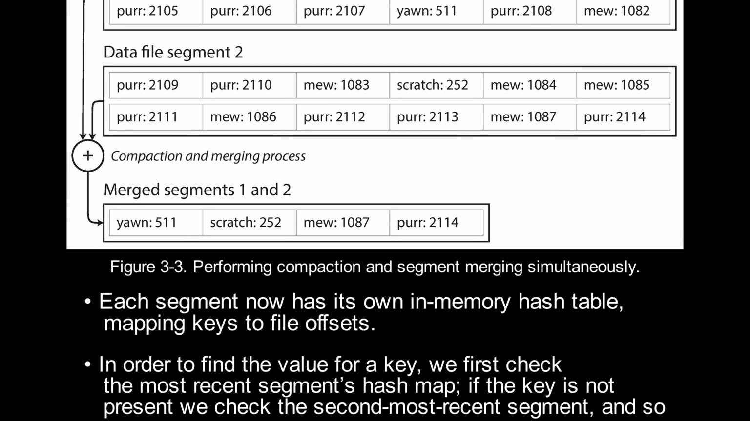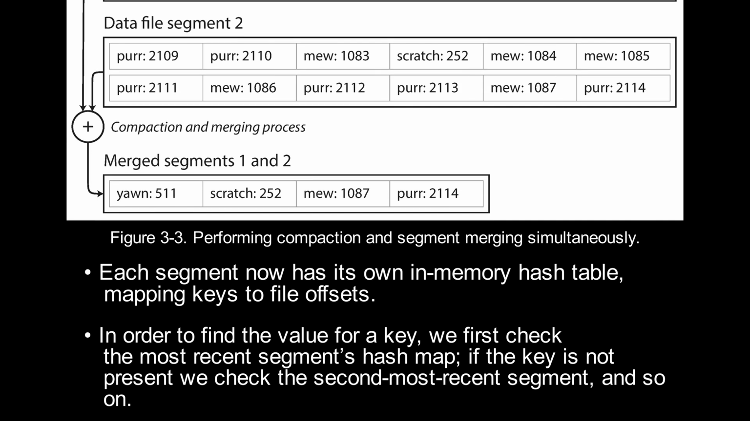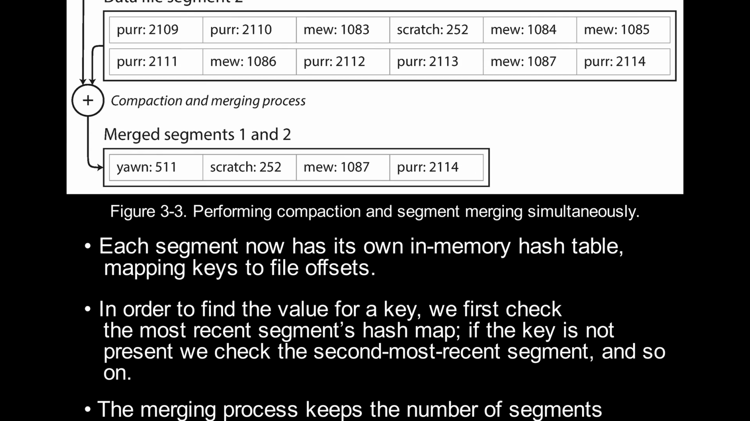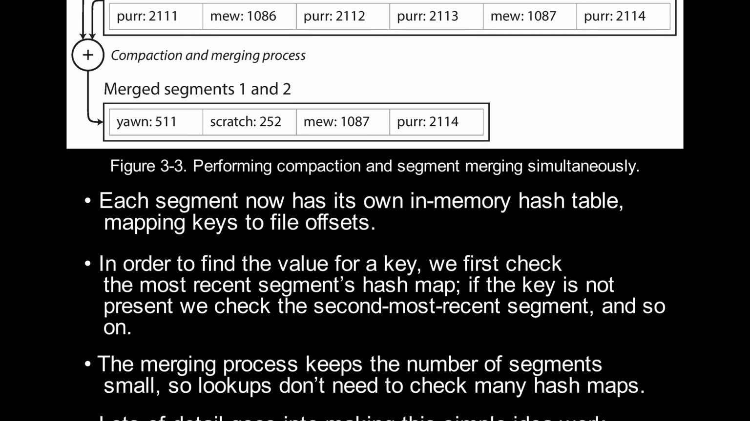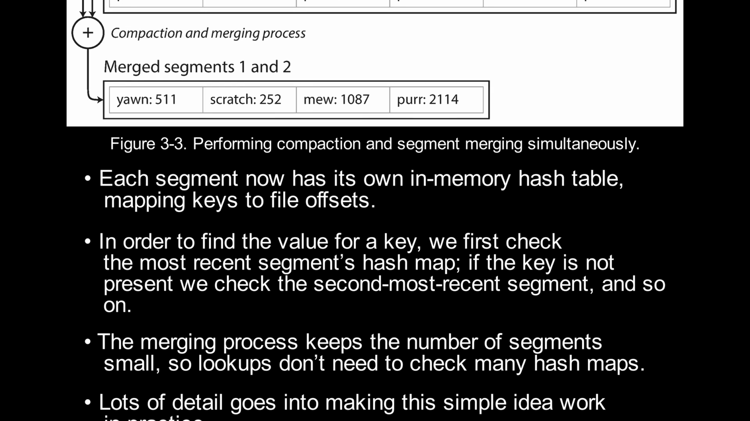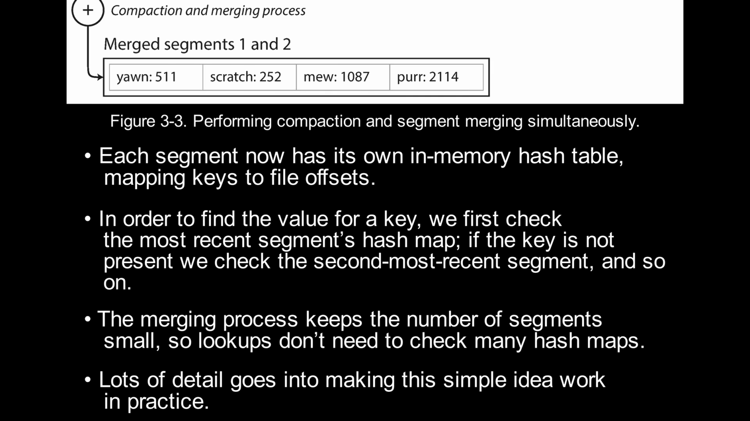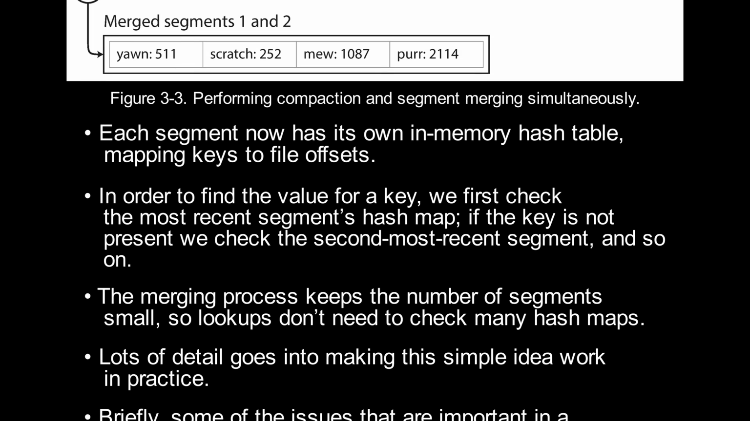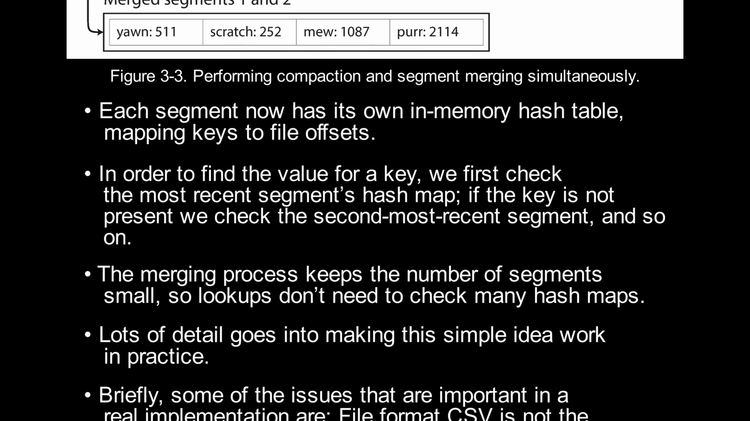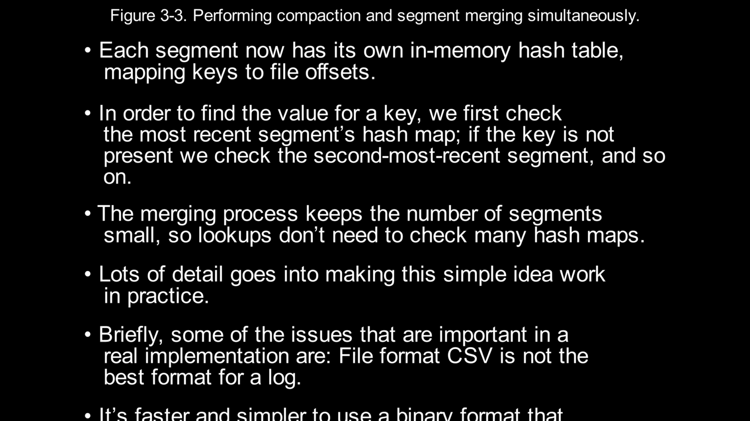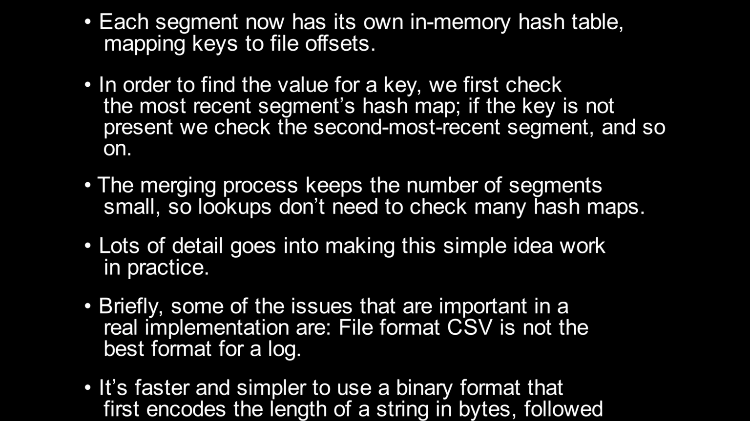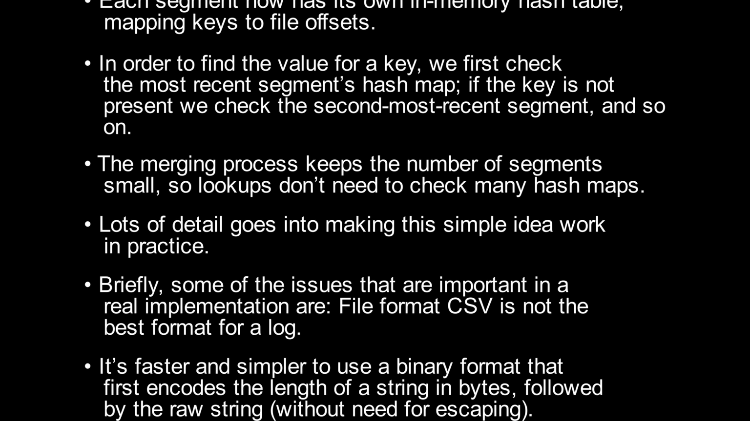Each segment now has its own in-memory hash table mapping keys to file offsets. In order to find the value for a key, we first check the most recent segment's hash map. If the key is not present, we check the second most recent segment, and so on. The merging process keeps the number of segments small, so lookups don't need to check many hash maps. Lots of detail goes into making this simple idea work in practice. Briefly, some of the issues that are important in a real implementation are: